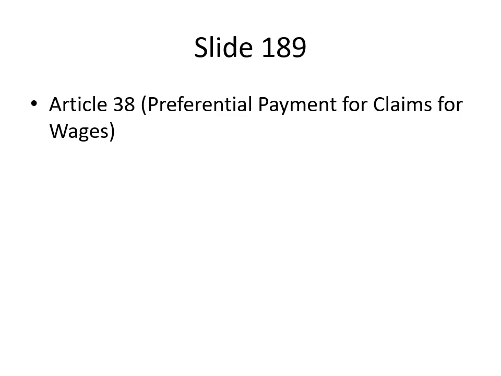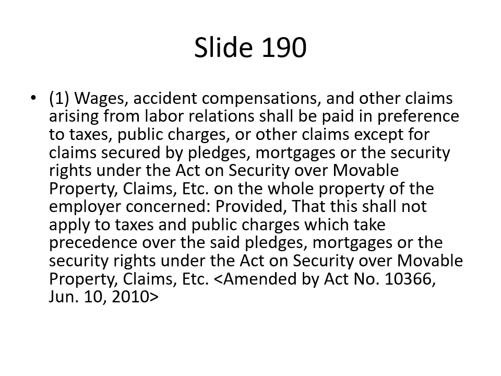Article 38, Preferential Payment for Claims for Wages. 1. Wages, accident compensations, and other claims arising from labor relations shall be paid in preference to taxes, public charges, or other claims except for claims secured by pledges, mortgages or the security rights under the Act on Security over Movable Property, claims, etc. on the whole property of the employer concerned, provided that this shall not apply to taxes and public charges which take precedence over the said pledges, mortgages or the security rights under the Act on Security over Movable Property, claims, etc. [Amended by Act No. 10366, June 10, 2010]